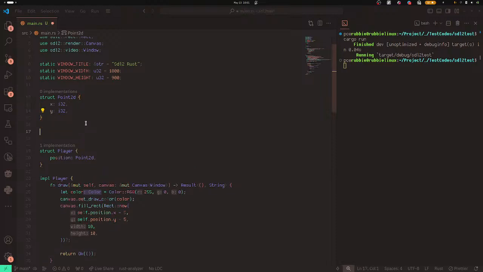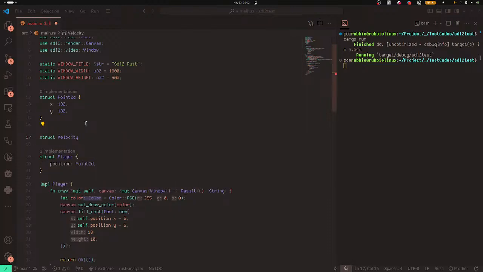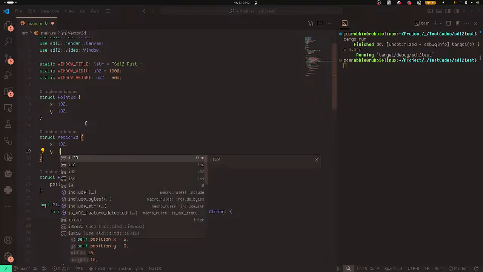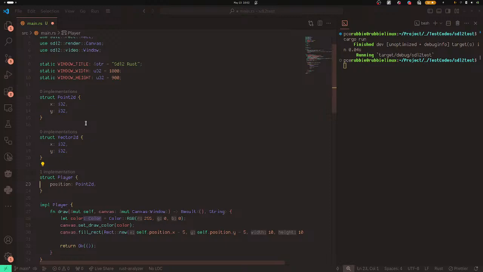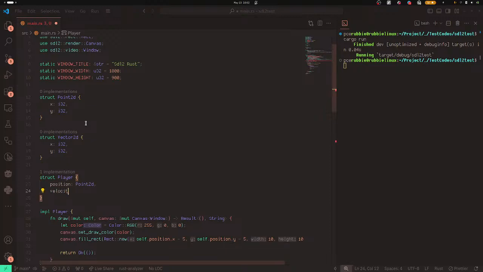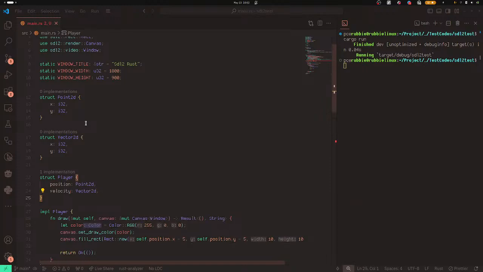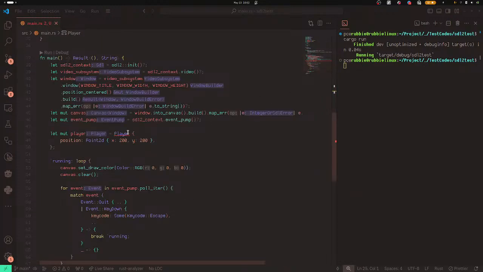So let's try and implement velocity. Oh, sorry, vector rather. I think vector is Vector2D. We need the x and y components. So for the player, we're going to add velocity. It's going to be a Vector2D. Yep. So the compiler is already complaining right here that we need to add